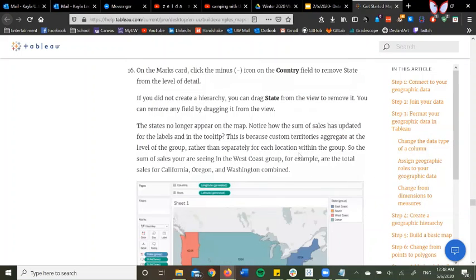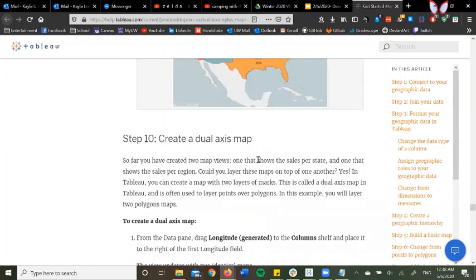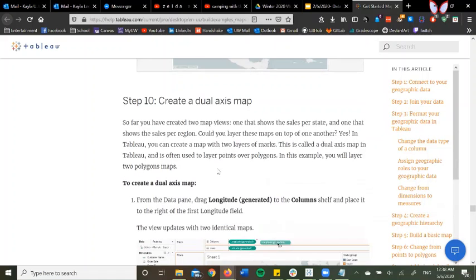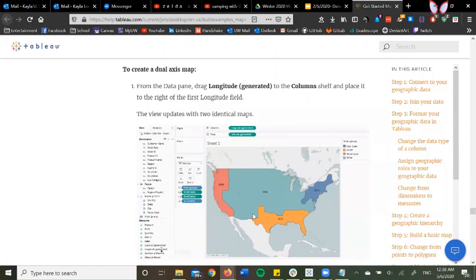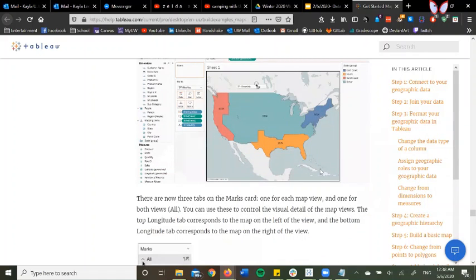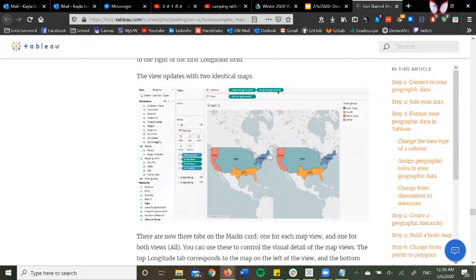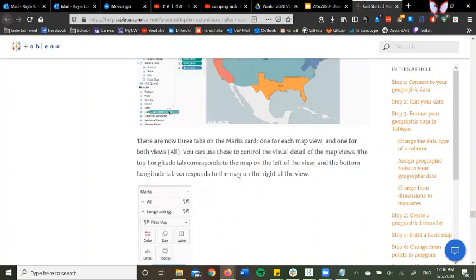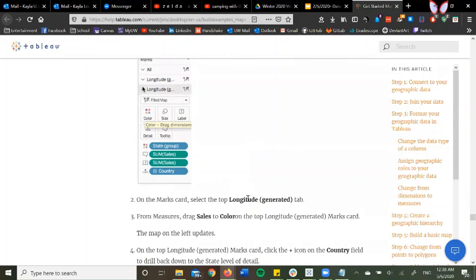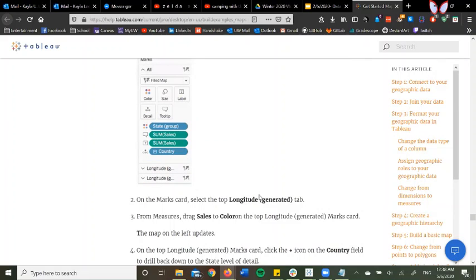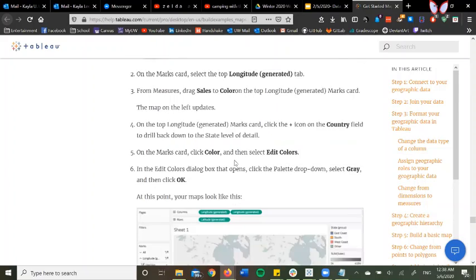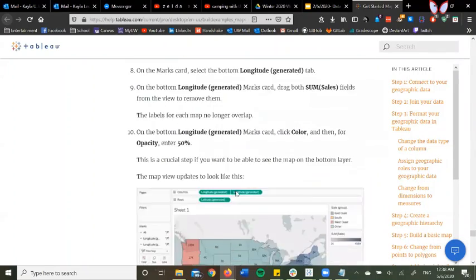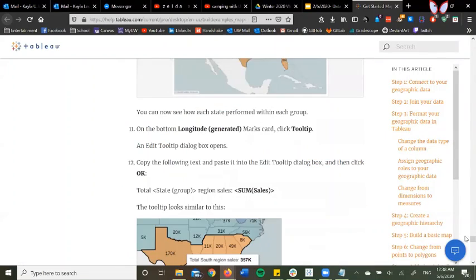I recommend going on this website and looking through all the steps because it gives a lot more detailed explanations for each step. And additionally, there's a lot of pictures and here's a little gif showing you which thing to drag and stuff like that. So I definitely recommend going through this tutorial and looking through it after the video. And then also if you want to, you can do the rest of the tutorial and end up with something really cool. So I recommend